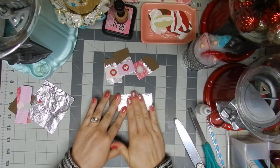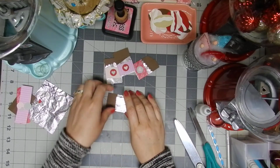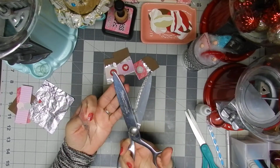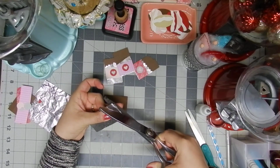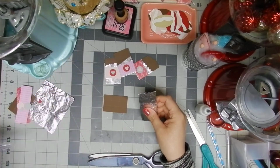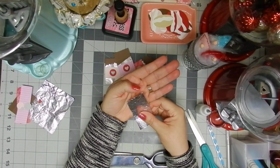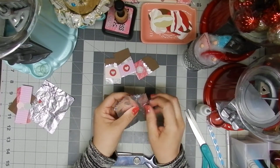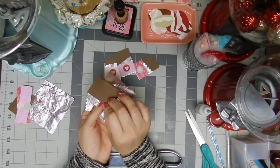Okay, so what I do is that after I fold the foil paper, I go with my scissors and cut them in an angle, and I create this beautiful border over here. Open it up, put my bar back,